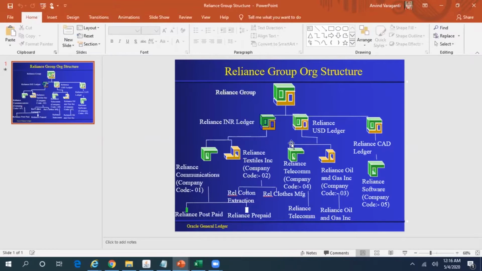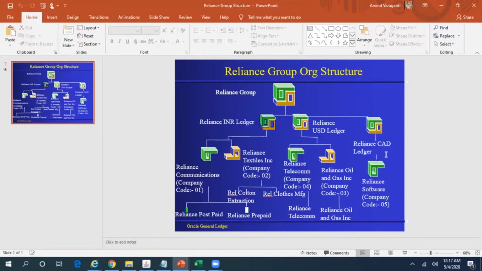As you know, create accounting runs at the ledger level. So if you are running create accounting from a global responsibility which has access to all the ledgers and the OUs, then when you run create accounting, you can just directly select the ledger parameter Reliance INR in this example, and it will take care of running create accounting for all the transactions under both these OUs. Similarly, when you run create accounting with the ledger parameter as Reliance USD ledger, it should take care of creating accounting for all the transactions under these OUs, and so on for the Reliance Canadian ledger.